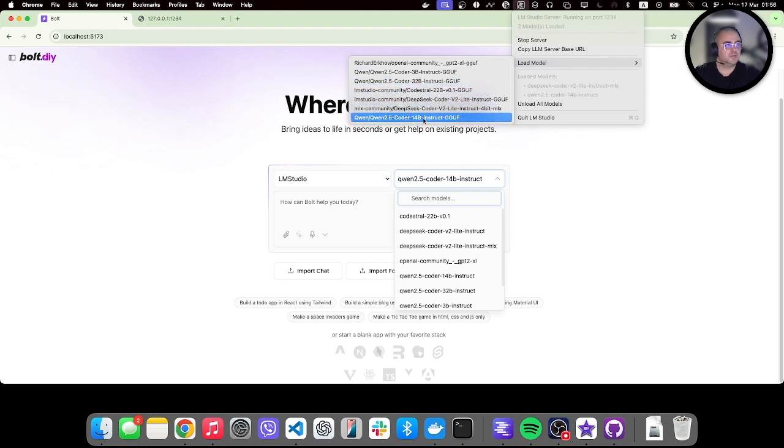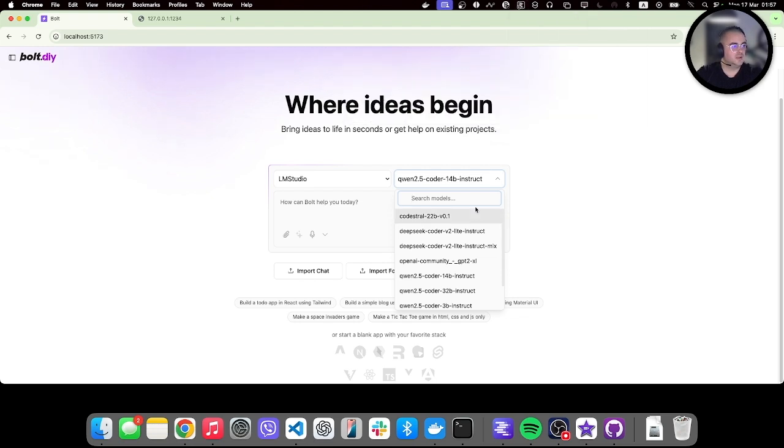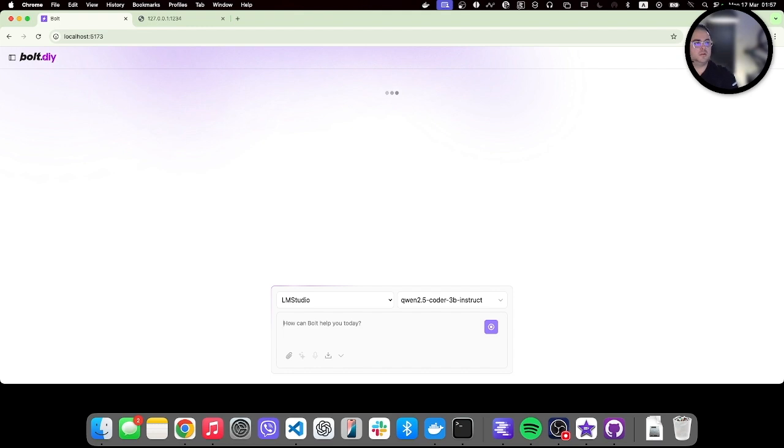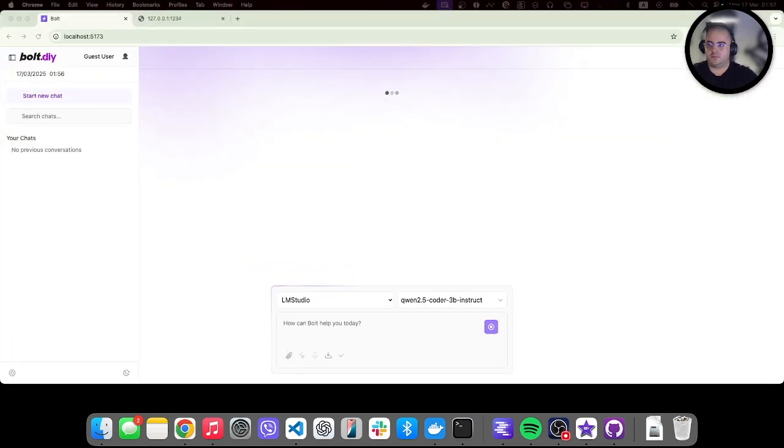we'll try something with less. I think there is even GPT. We'll try GPT, but I think this one is going to be interesting. So let's see, load model. I don't want to stop the server. Let's pick the 3 billion parameters. So, build new React website. At this point, I don't know what to expect, but still,